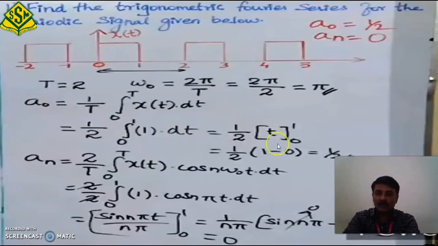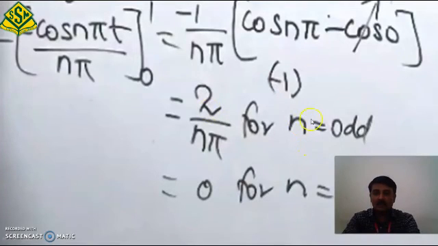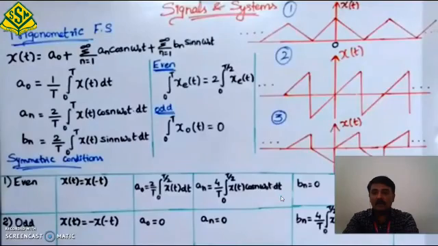Put the values here and find that the a naught value is 1 by 2, the a n value is 0, and the b n value is available for n equal to odd and is not available for n equal to even. Put all the values here and you can find 1 by 2 as the final value. To analyze, just put t equal to 0 to infinity and you will find the changes in the remaining value. In the next video, we will discuss the symmetric